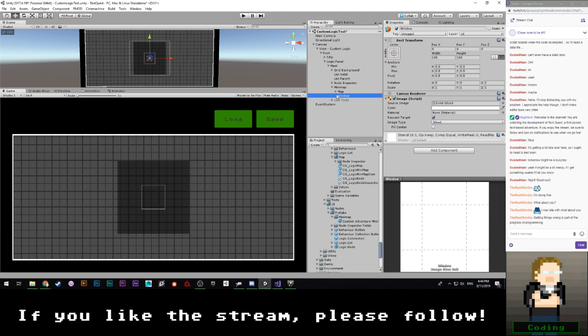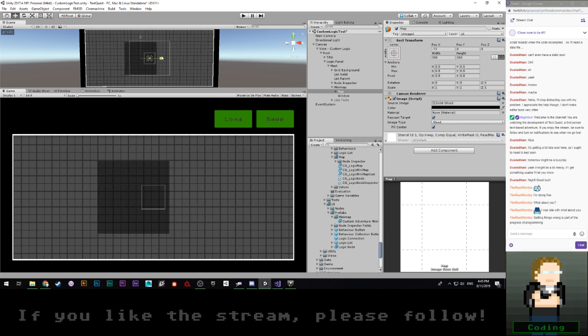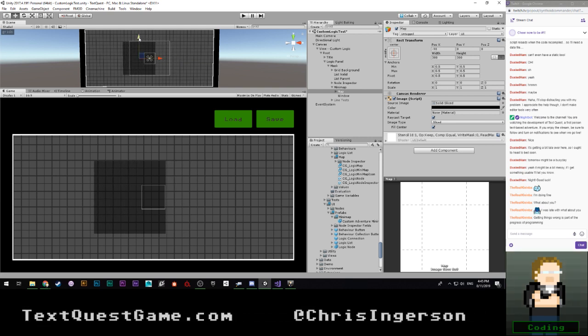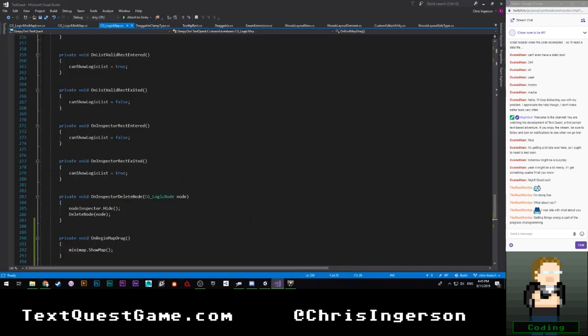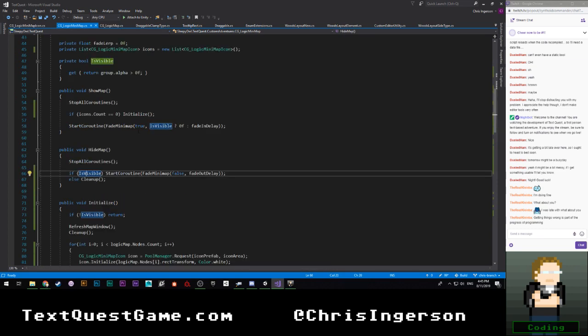Originally, I was going to have the window obviously be part of the map, but it makes more sense to keep the map separate because this map area needs to basically drag around to match where this map is. So it's going to look like that kind of. Okay. So the other thing we want to do in this minimap